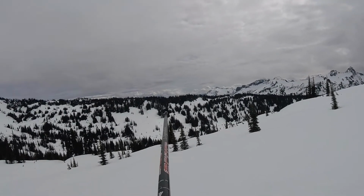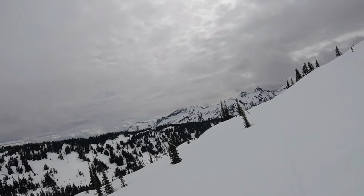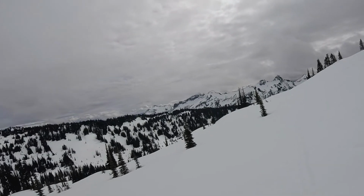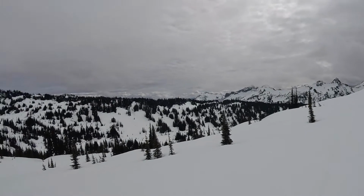I kind of think Mount Adams might be in that cluster of clouds there. It's either over there or there, because I know St. Helens is pretty much due south of us. Do I have service? Can I download my Peak Finder app and figure it out? Because I didn't download it yet. I'll just leave it running and edit it out if need be. Oh, son of a...